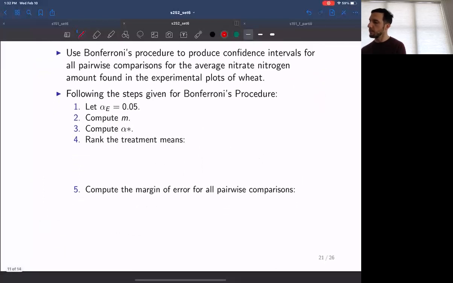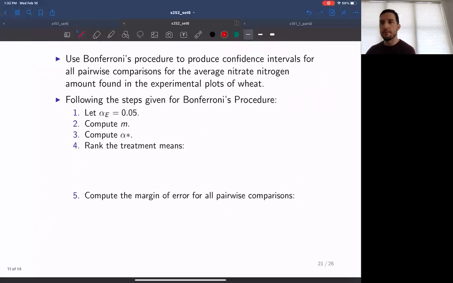Okay, so let's say for the example that we started with today, we want to perform the multiple comparisons. So we set the experiment-wise error rate to be 0.05. Now we have to compute M. M is going to be equal to the number of treatment means, choose 2. So we have 6 choose 2, which is equal to,